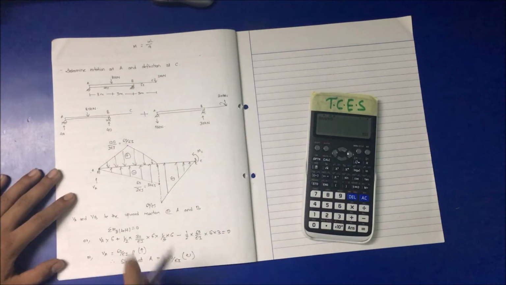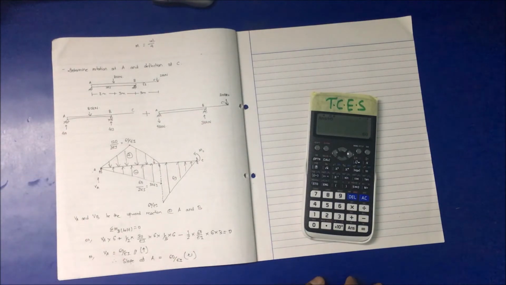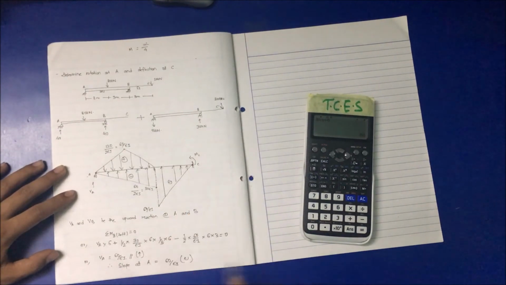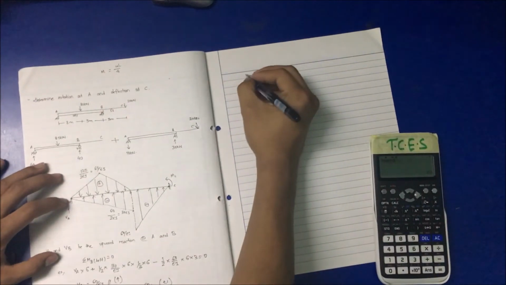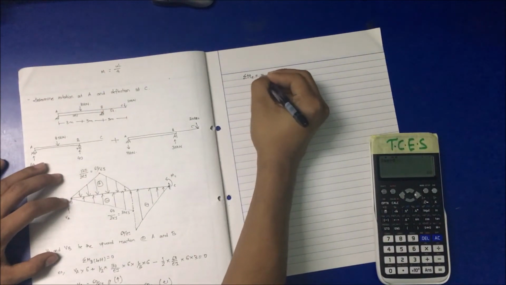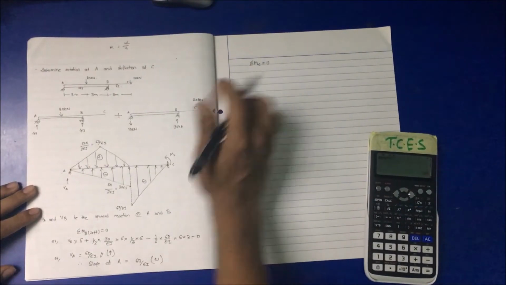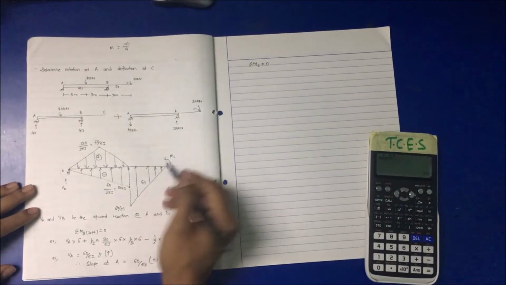Now the deflection at C. According to the theorem of the conjugate beam method, the deflection is equivalent to the bending moment of the conjugate beam. So taking moment about C in this conjugate beam,